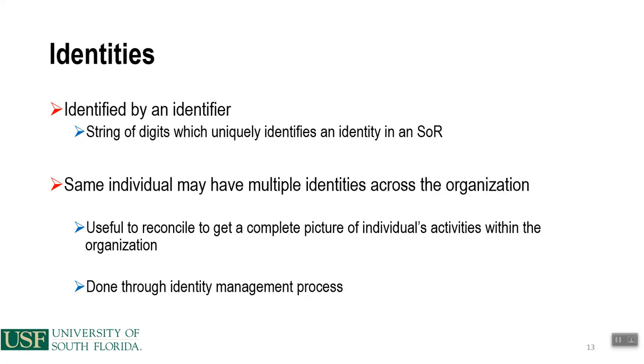Identities are identified by an identifier. So it's a string of digits which uniquely identifies an identity in an SOR. And the same individual may have multiple identities across an organization. It's useful to reconcile and get a complete picture of somebody's activities within the organization, and this is done through the identity management process. So a system of record could have multiple identities underneath it, and a single person could have multiple identities across